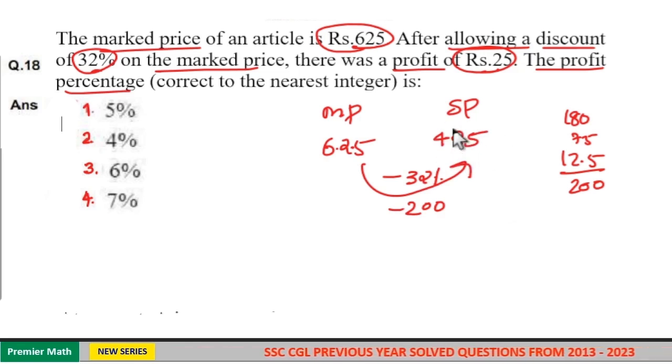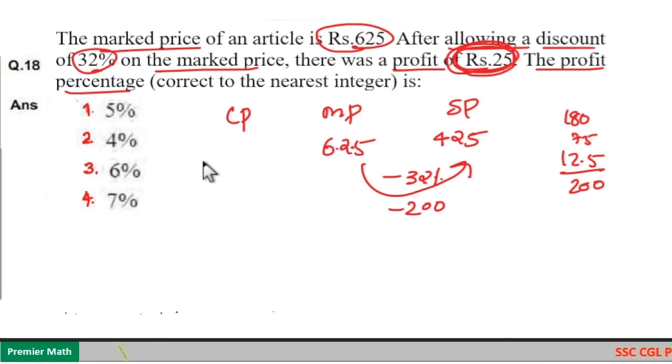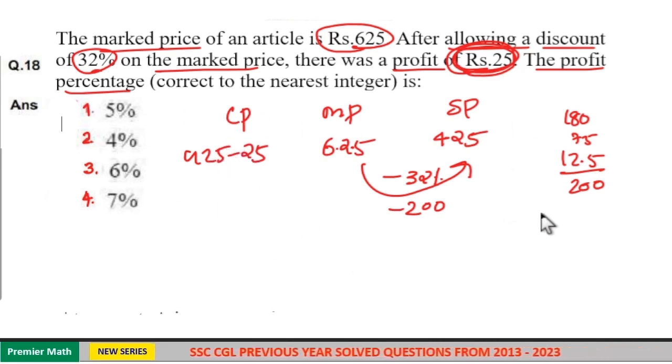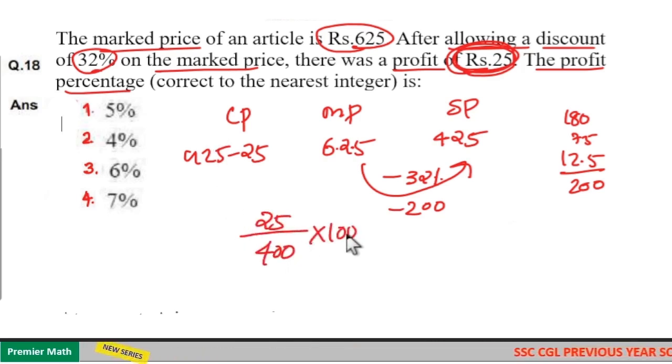So selling price is 425 rupees. Then cost price is equal to... here profit is 25 rupees. So cost price is 425 minus 25, that is 400 rupees. If cost price is 400 rupees, then profit percentage: profit is 25 out of 400 rupees cost price into 100. That is